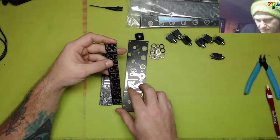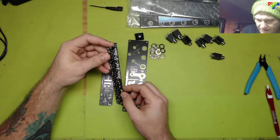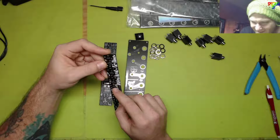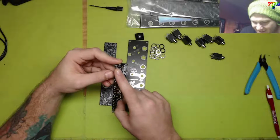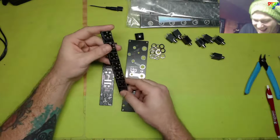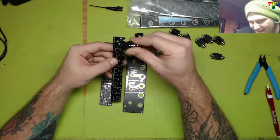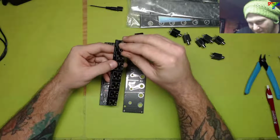All right, so this is the board that actually says repeats backwards and wave backwards and trigger back. Did he move that to the back of the thing and not mirror? Oh, that's funny. I love it. That's a mistake I would have made easy every time. All right, so